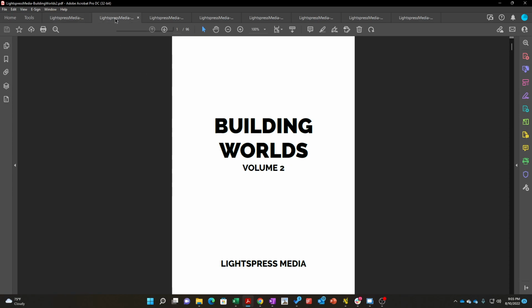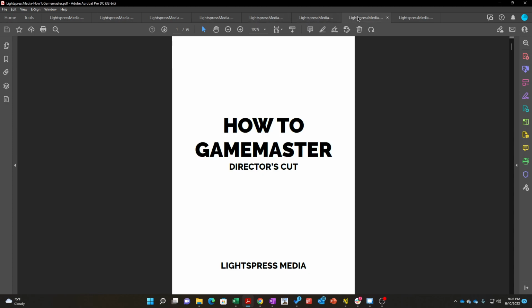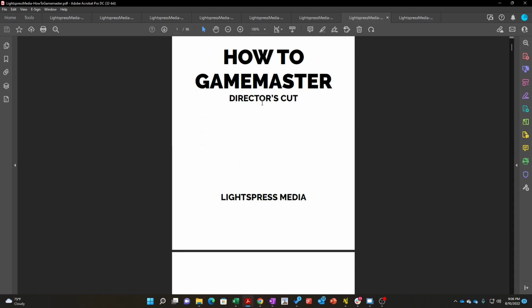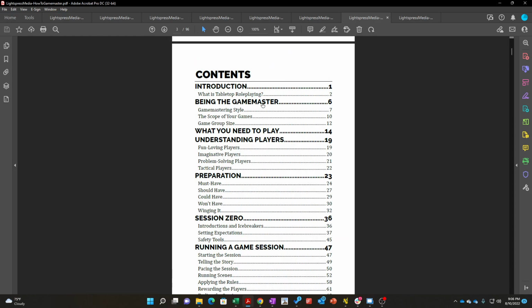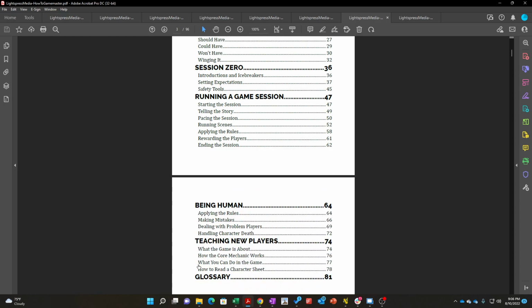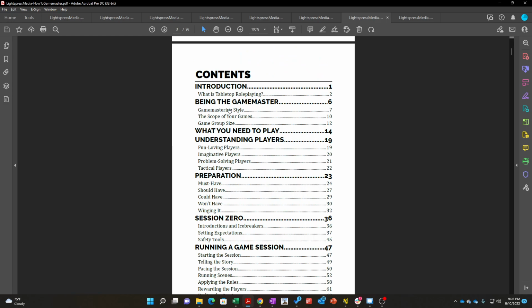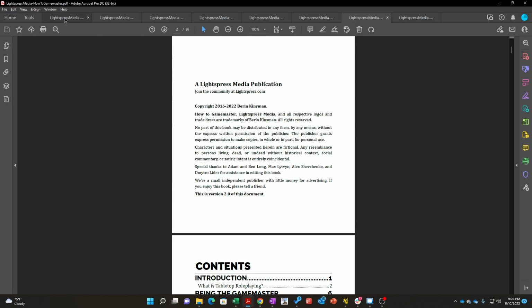It's got Building Worlds, two volumes, input on characters, adventures, monsters, themes, and I think this is the initial one, How to Game Master. Now, I'm doing solo game master, so it's part of the bundle, but I don't know if I'm necessarily going to do this. Understanding players, preparation. I can skim it. It's about 81 pages, well, it comes out to 96. So I can skim that one, but then this one,